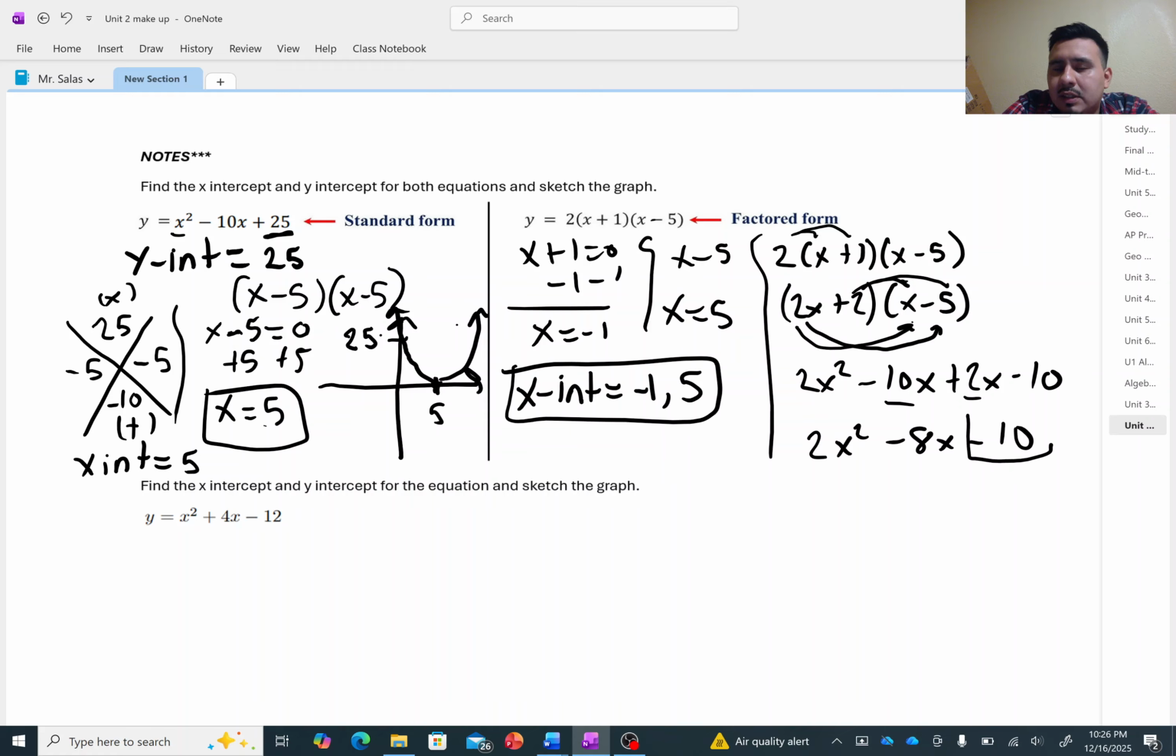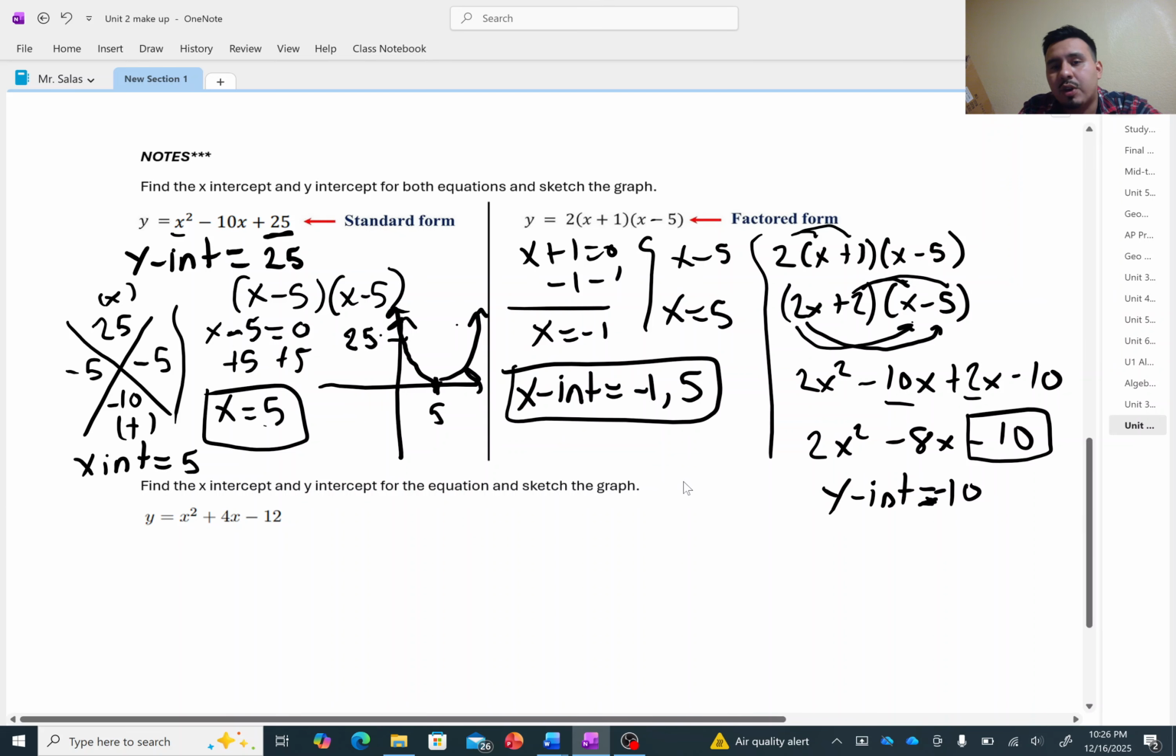I see that this minus 10 is my y-intercept. So I'm going to say y-intercept. Again, my y-intercept is the number that has no x. My constant is equal to negative 10. Okay, so my y-intercept is equal to negative 10. If I want to draw my sketch,